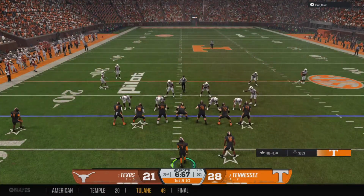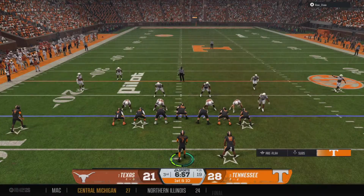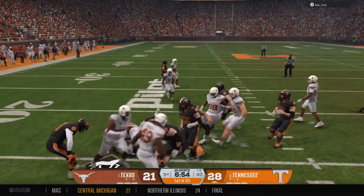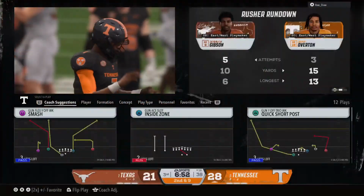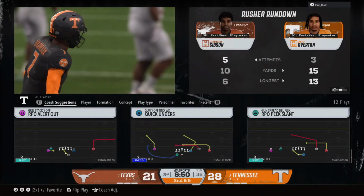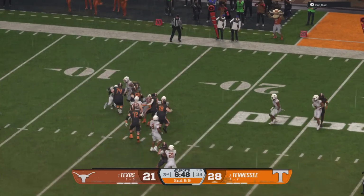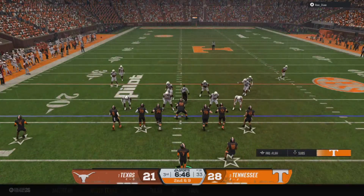Volunteers' high-tempo offense is back out on the field, trying to build the lead as we begin the third quarter and trying to clean up those pass protection issues. You know, in the era that we live in right now, everybody wants to spread the field around, try to create space, try to create one-on-one matchups, and the defense has countered over the years by trying to play out